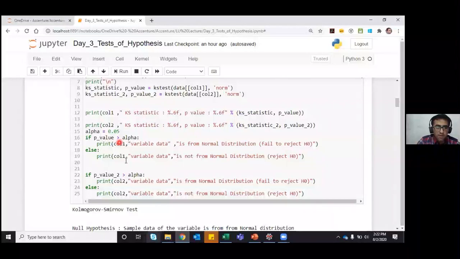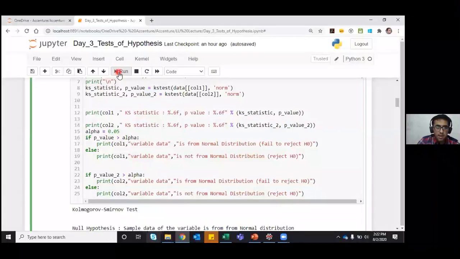If my p-value is less than or equal to alpha, then I would say the variable data is not from a normal distribution and we reject the null hypothesis. That's what I explained in the slides as well.